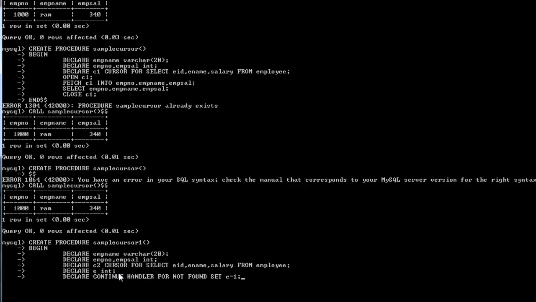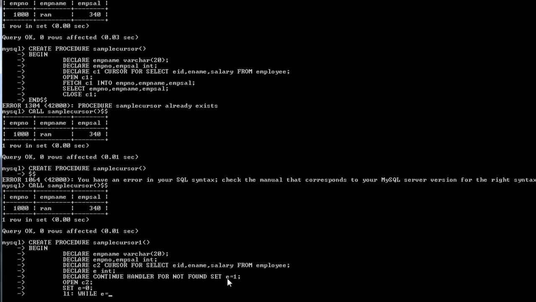So I did declare the e before, that's the reason I have declared the e, and I have used that e here. So now I have to open my cursor, open C2 is my cursor, and after opening, now what I have to do is I have to set the value for my e initially. So set e equal to 0. Initially e equal to 0. Now you will understand why I am doing like this. Now later I am going to use one label here, while